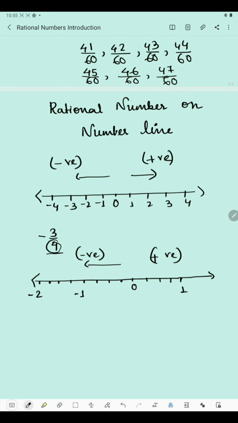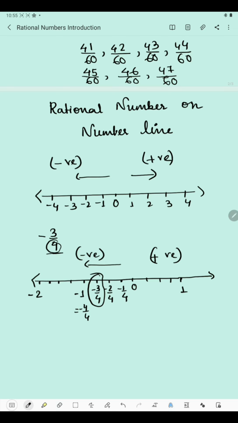Okay, now we will have to start from 1. So on the left hand side of 0 is minus 1, so we will have to write minus 1, and the denominator will remain the same. So minus 1 by 4, minus 2 by 4, minus 3 by 4, this only we will have to represent on the number line. So it will be like this, and minus 1 can be written as minus 4 by 4, because after minus 3 comes minus 4, so this way it will continue.